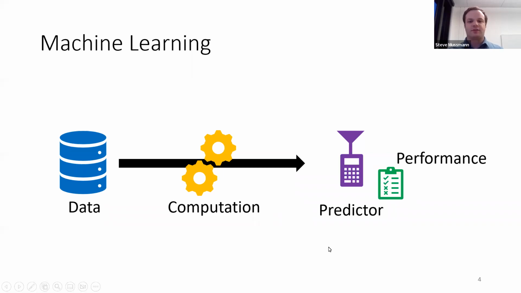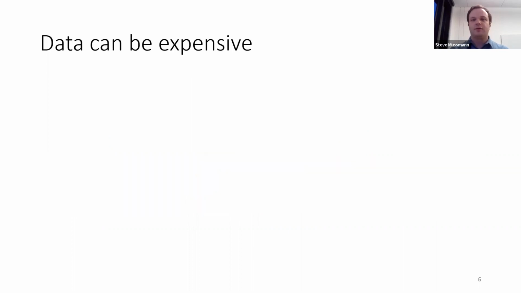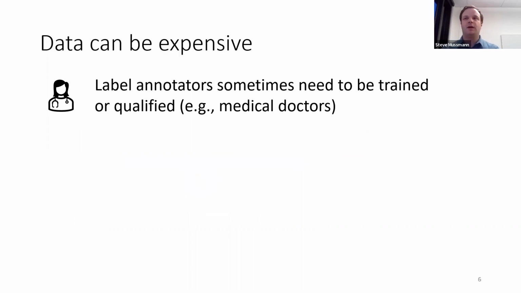Looking at this sort of pipeline, if you want to get a predictor that you can deploy somewhere and make predictions, an issue is that there are costs associated with machine learning, in particular, data costs and computation costs. So let's first motivate the data costs. Data can be expensive. In some areas like